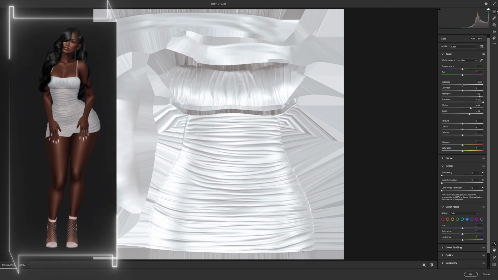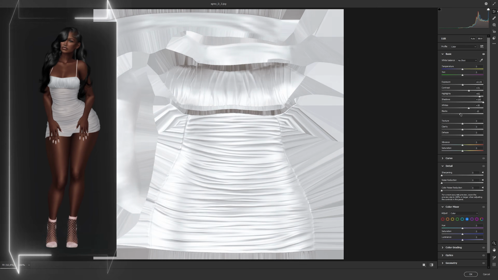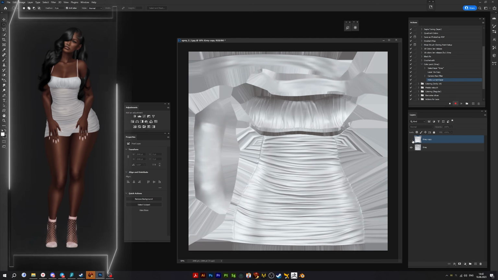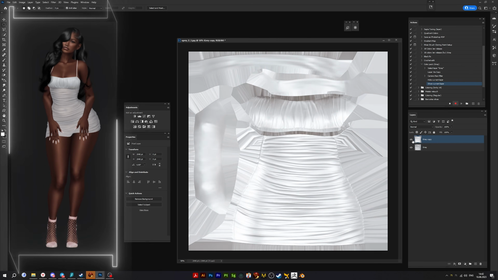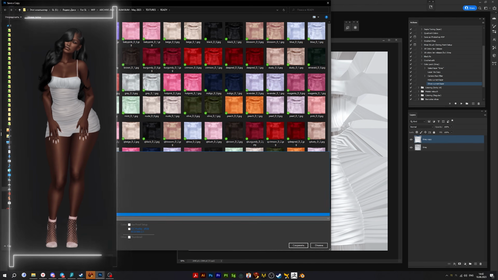Not too much, but a bit. Okay, do we need contrast? Maybe. Okay, so let it be. We can see the difference, gray, white, and now stop the action and go save.